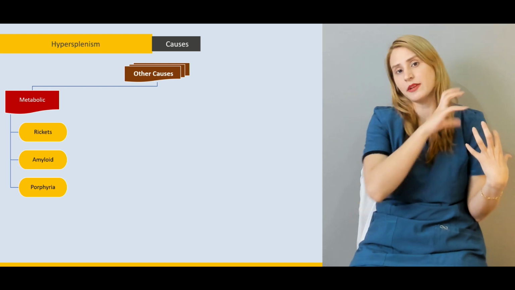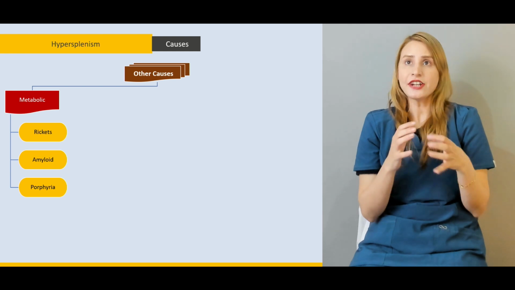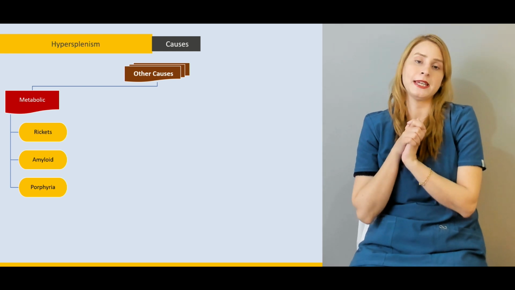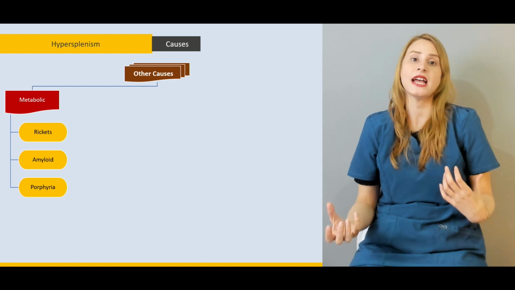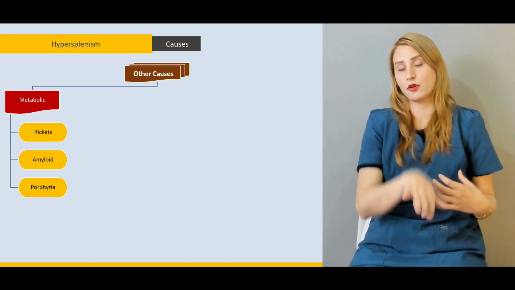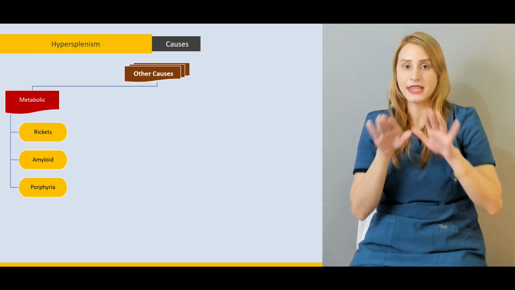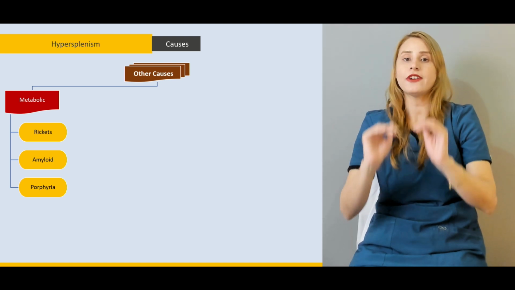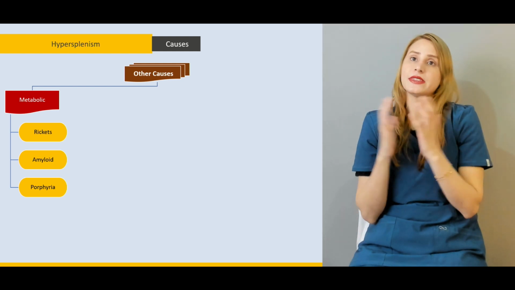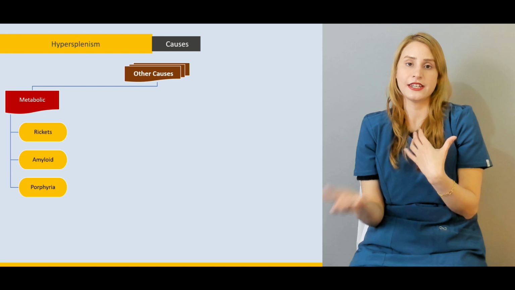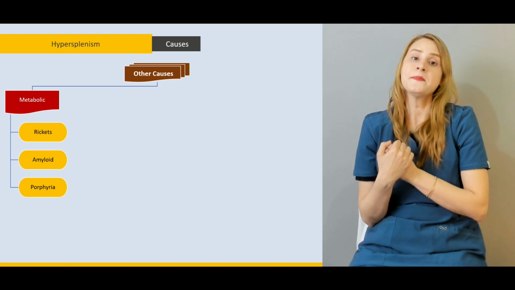porphyrin is actually the breakdown product of the hemoglobin. But there's some problem with the mobilization. You can see the excretion of the porphyrin, and because of that, the metabolism of the porphyrin is disrupted, and because of that disruption, the porphyrin is accumulated in the body. So this leads to the condition which is called porphyria, and